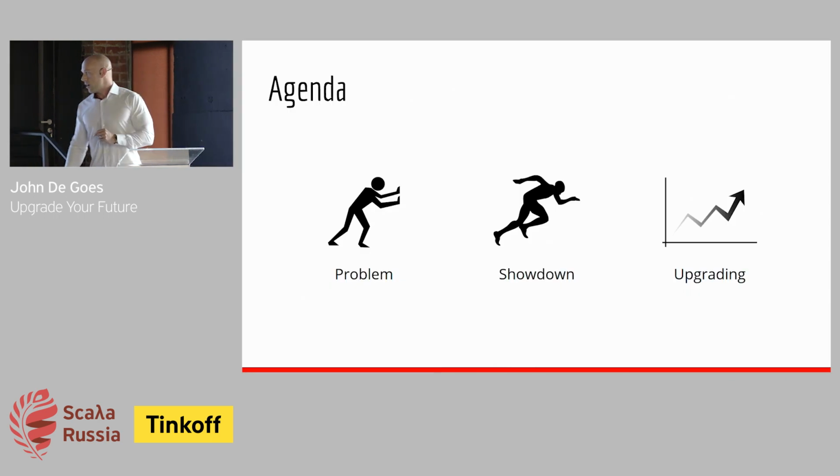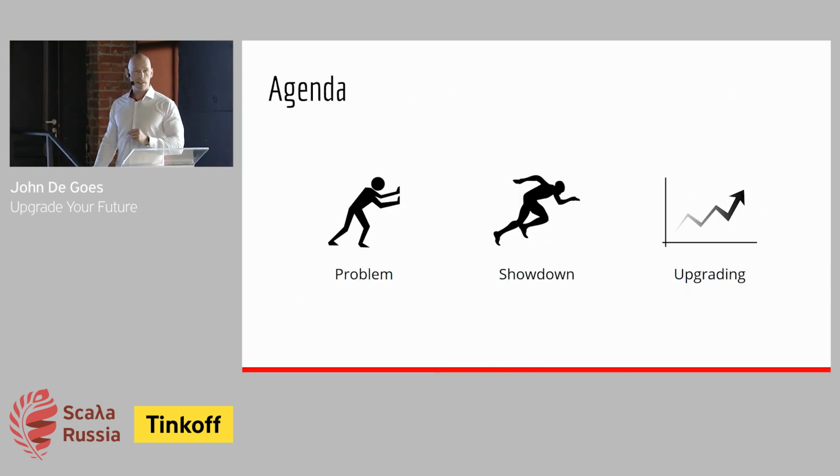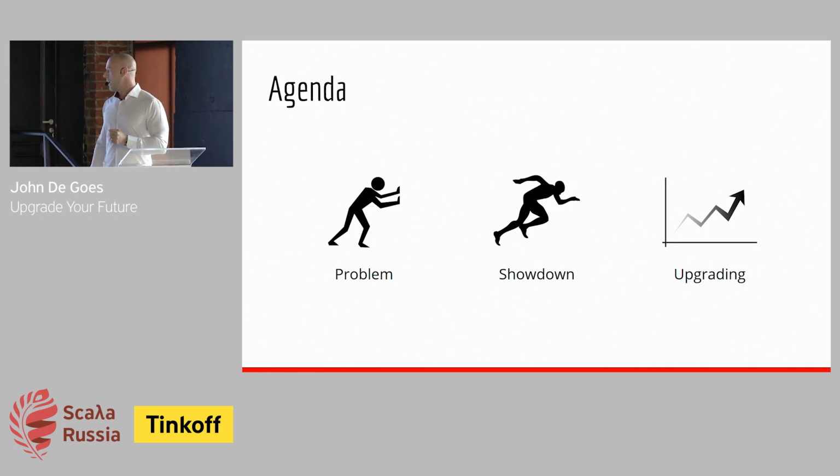So today, I'm going to start off my talk by discussing the problem. Why do we have Future in the Scala standard library? Why do we have functional alternatives to Future, like the library ZIO, which is one of the open source projects I work on? And then I'll dive into a head-to-head comparison between Scala's Future and the data type in the ZIO library that I work on, to show you, point for point, how these two things stack up to one another.